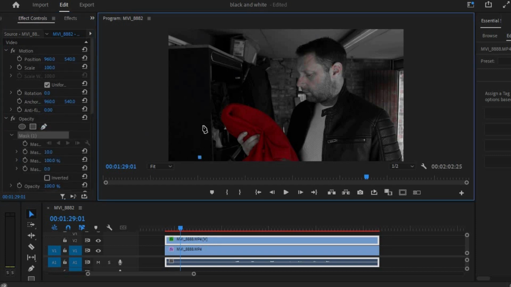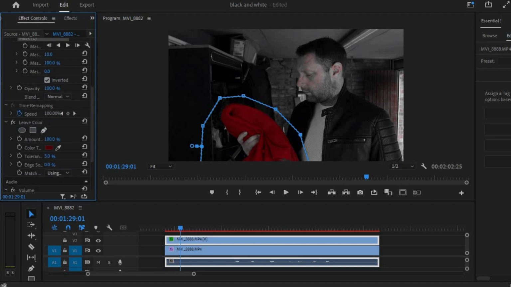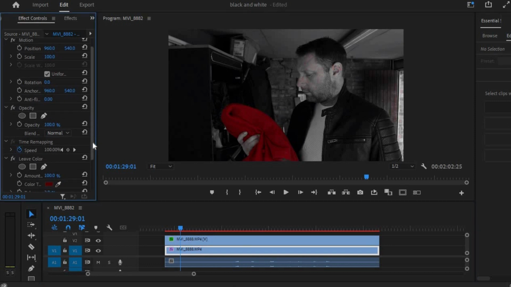So make a quick little mask. Now I'm going to do this quite rough like this around the coat itself. So once I've done the mask, I'm going to invert it so it's actually affecting what's outside of the mask. I'm going to come down, bring the tolerance all the way down to 0 and you will see it has affected the door and my face, but it hasn't in fact affected the